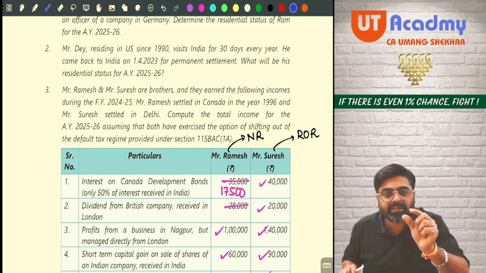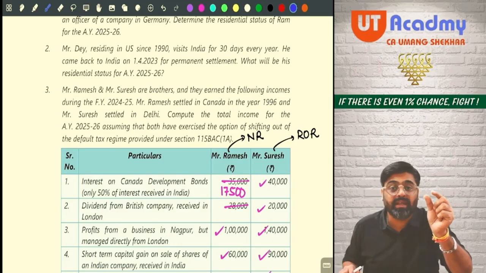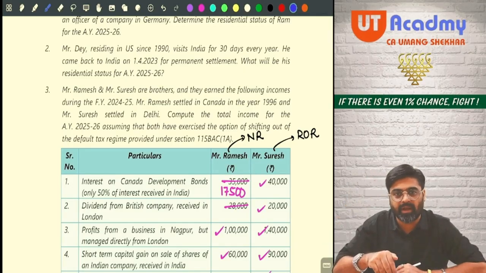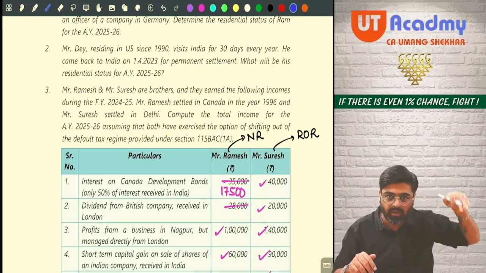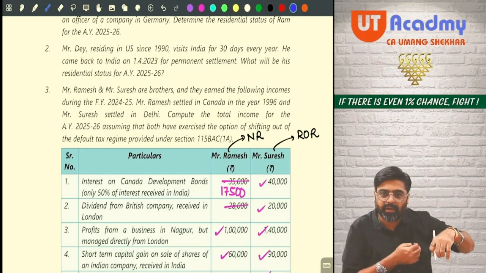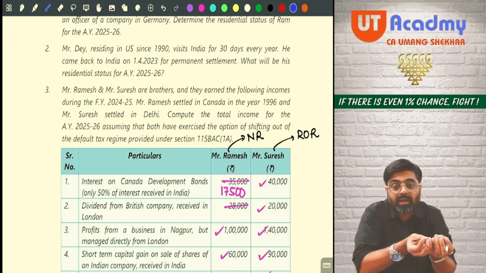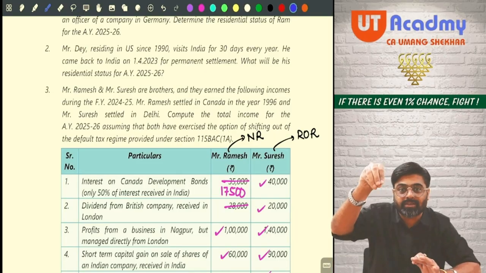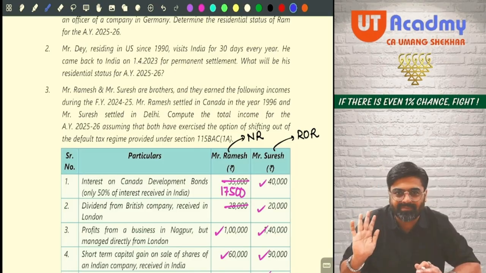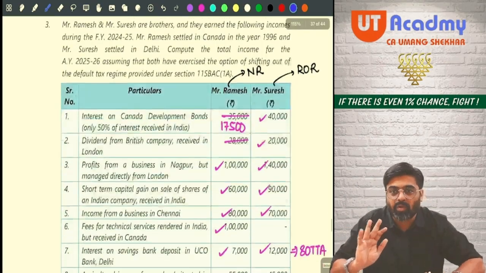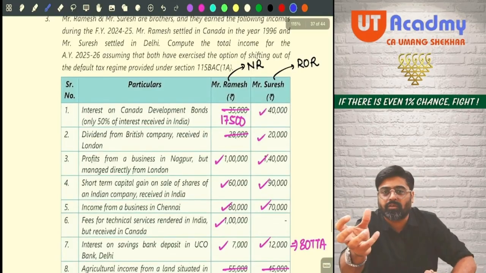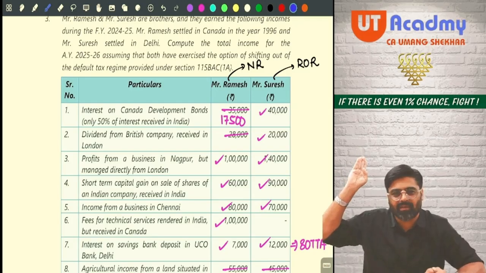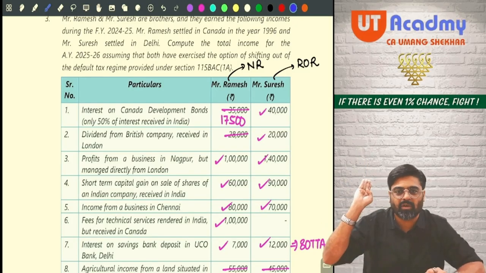They will give the number of days of stay of Ramesh also and number of days of stay in India for Suresh also. They will tell you that Ramesh was outside, he came to India on this date, he left on this date. Okay, Suresh was already in India, he left India, then again came back to India. They will make you determine their residential status by giving some number of days, so that this residential status part becomes a little bit more difficult for you. Then at the most what they can do, in this same type of question, they can twist a few incomes out of this. We have solved a very difficult question, a question which was more difficult than this. Yes or no? What they will do?